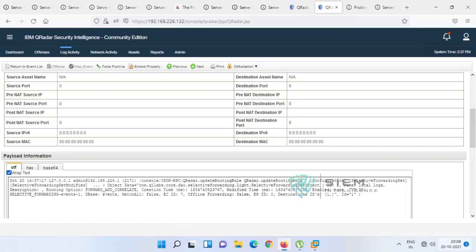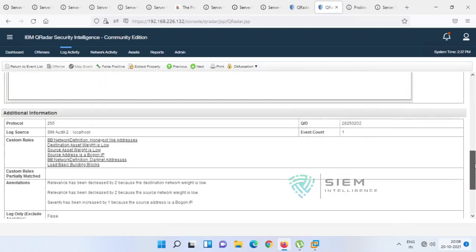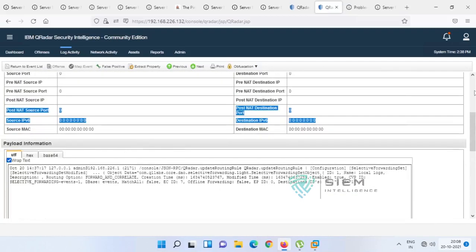So these are the changes: routing rule update configuration, selective forward set. The details are not showing here, but that was changed over here. That's what it is showing. The exact details you can't see, but a routing rule was configured. See, selective forward modified was done.